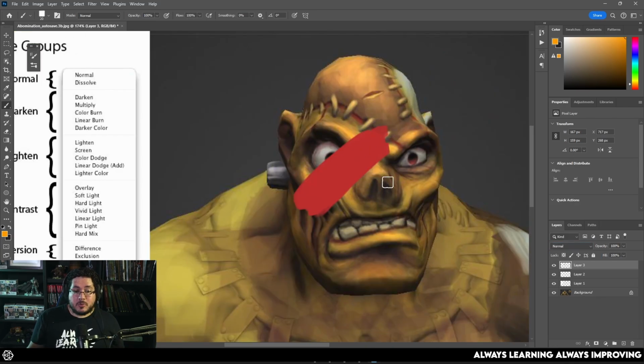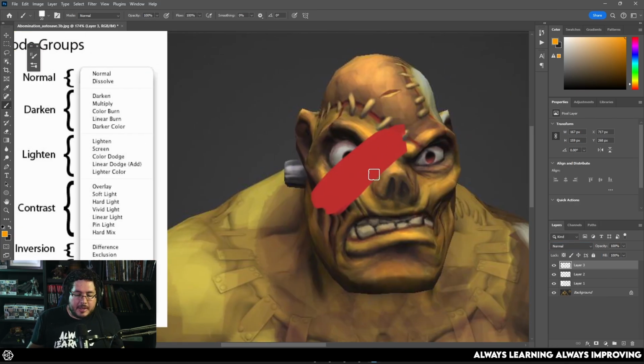So let's go. The first one, as the name implies, is of course the normal mode, and this is just one on top of the other. If you're gonna do some sort of 2D animation instead of After Effects, you're probably gonna be doing normal effects, and it just overwrites whatever information was beneath it, and it replaces it with the information that you have right here. It can be a different hue, it can be a different value, it can be anything you want, and it will just be one on top of the other.